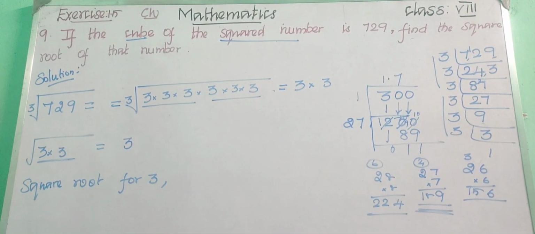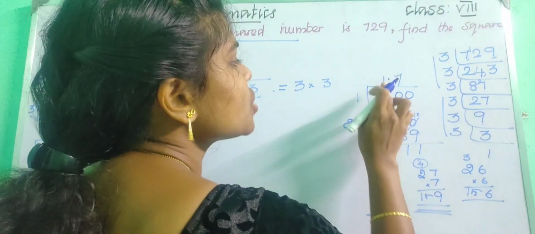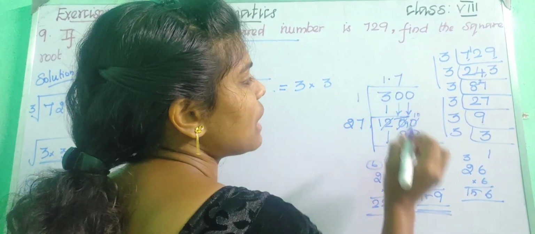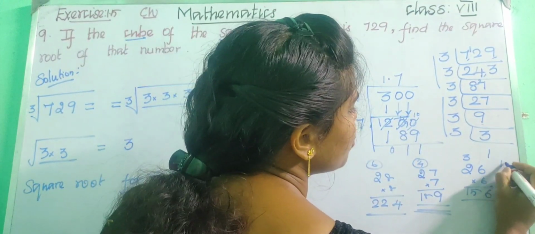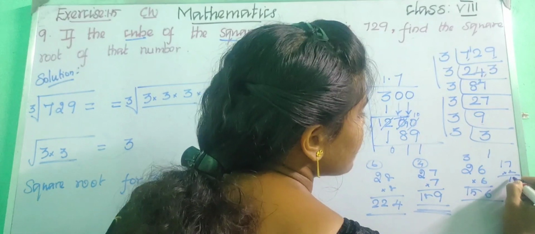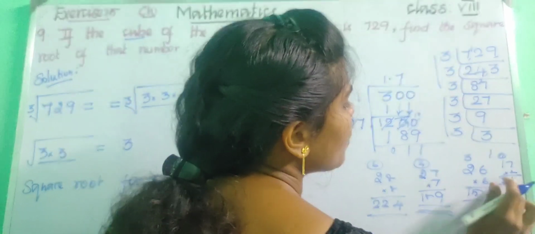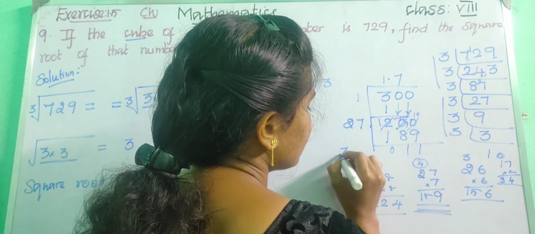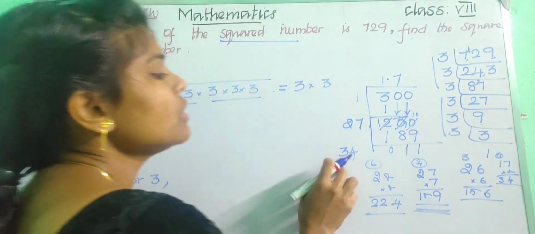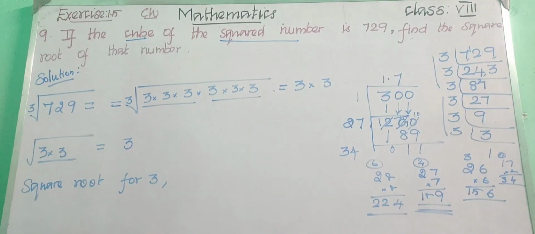So again, what we need to do? 17 into 2, right? The quotient. With the quotient, we need to multiply 2. So 17 into 2, what will you get? 14, 1 as the carry. 1 2 is 2, and 3. Now we got 34. With this 34, we need to put some numbers and let us continue.